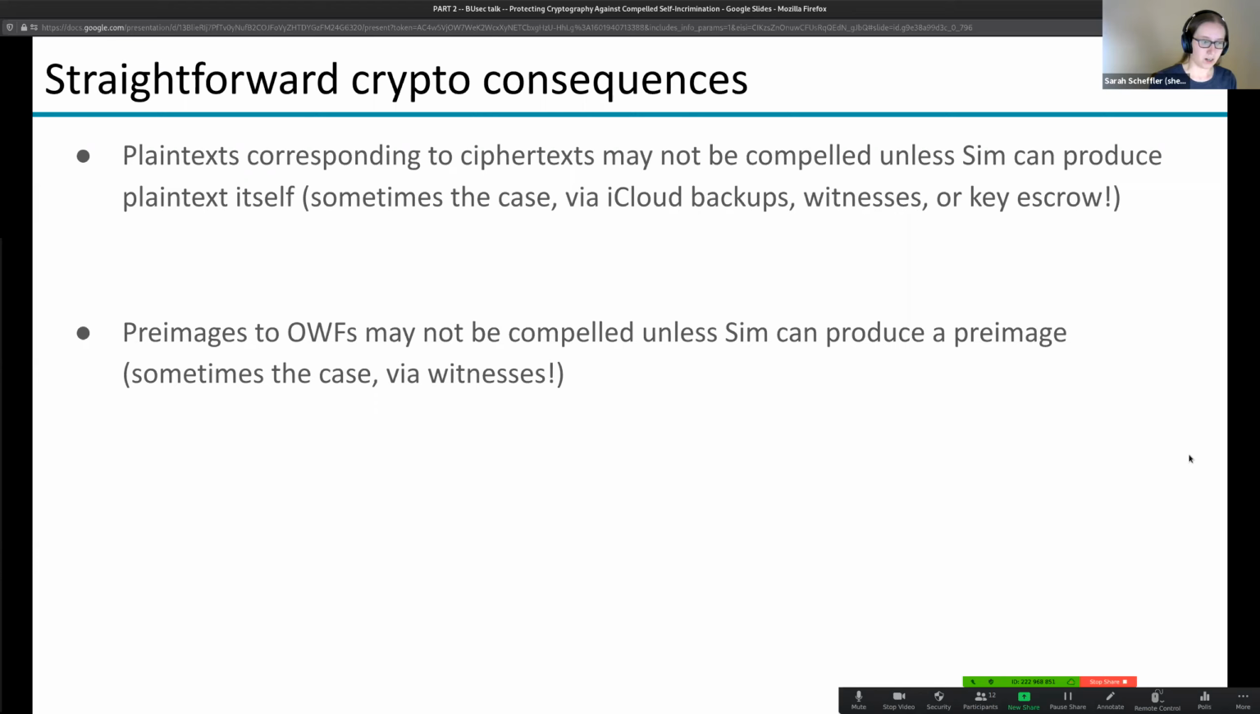Sometimes there are witnesses as to what the plain text would have been. And if you sort of fudge the simulator a little bit, you can say that the witness can produce the plain text. And I just want to bring up that this particular modeling composes very badly with the rest of the crypto wars. So if, for instance, there was a method for the government to get the key,